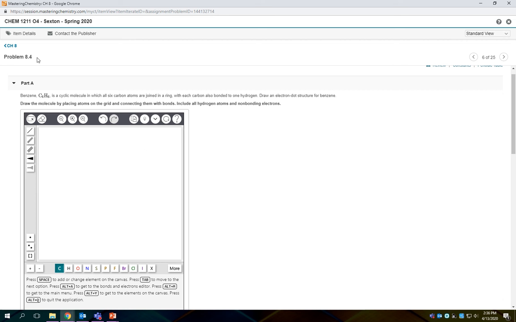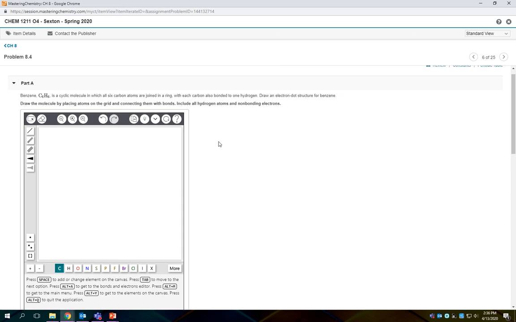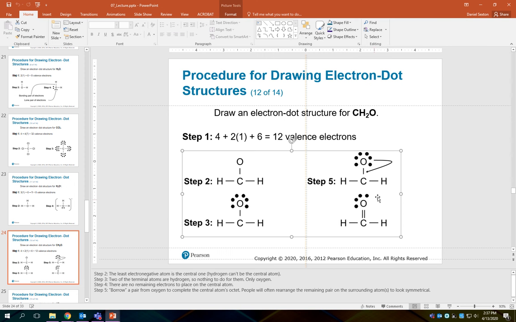So in problem 8.4, there's three parts. Part B is just a drag and drop. I don't really think I need to explain that one. But Part A and Part C ask you to use the drawing tools provided to draw the molecule benzene, C6H6. Now, for obvious reasons, I'm not going to do that as an example, because I don't want to answer this homework question for you. But what I will do is I'll use the drawing tools to draw a different Lewis